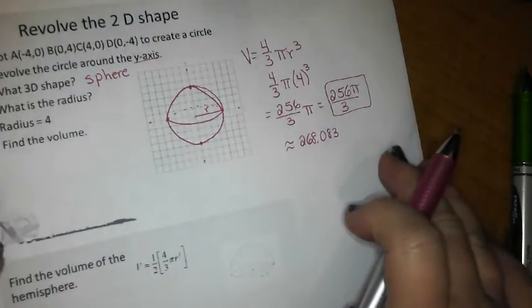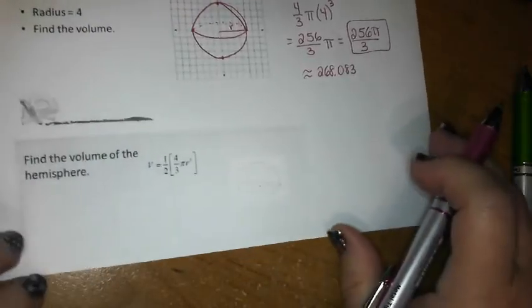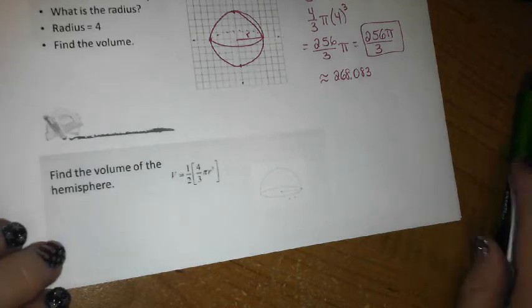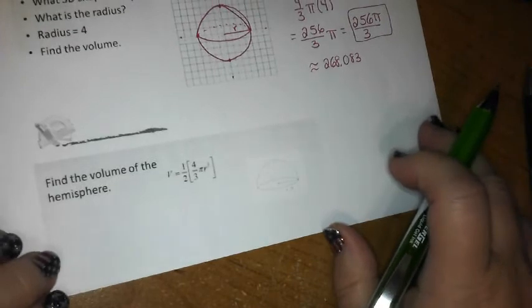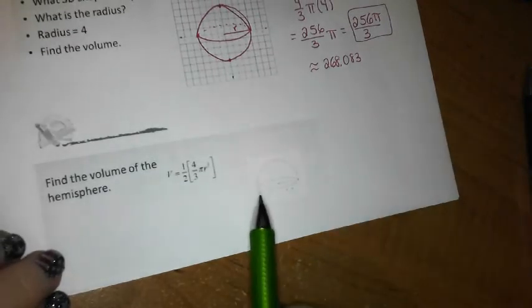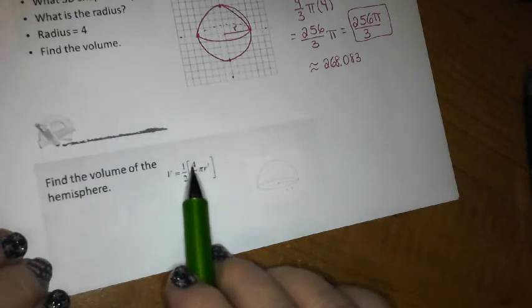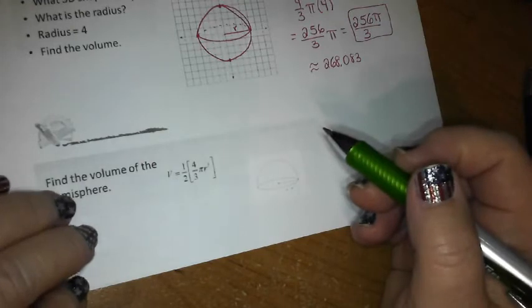Okay. The next problem we're going to look at is finding the volume of a hemisphere. So a hemisphere is just the name we use for half a sphere. You know, semicircle is half a circle. Well, hemisphere is just half a sphere. So we do the sphere formula and take half of it. So on this particular problem,